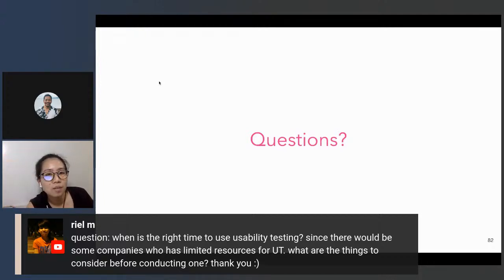The important thing is to get the perspective of the customer. So do it as early as possible. If you can do 3 to 5, I think that's good enough for guerrilla research. But if you can do more, that's also better.